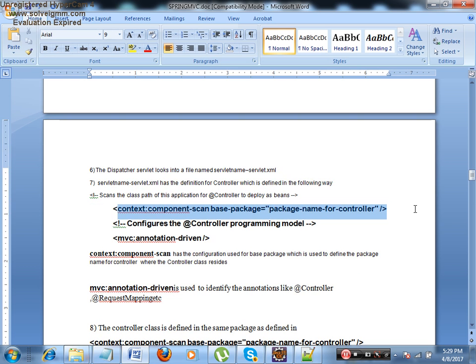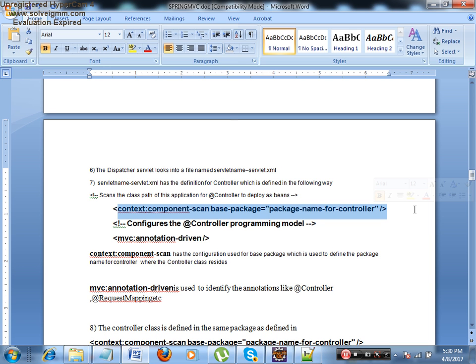Inside that XML file we would have defined something like this: context:component-scan with the base package name for the controller. What this will do is go and scan the package we have given and look for the classes that are controllers. Always for your application, the controller is the entry point.